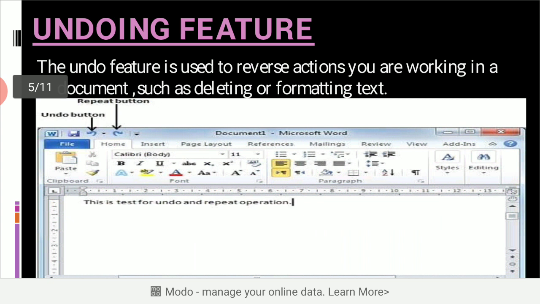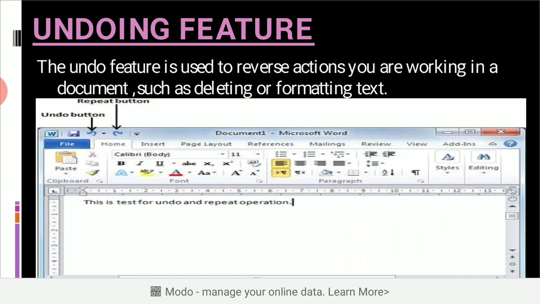Now the undo feature. What is the undo feature? The undo feature on the Quick Access Toolbar is used to reverse actions you take while working on a document. Suppose you want to write a letter and by mistake your text is deleted.